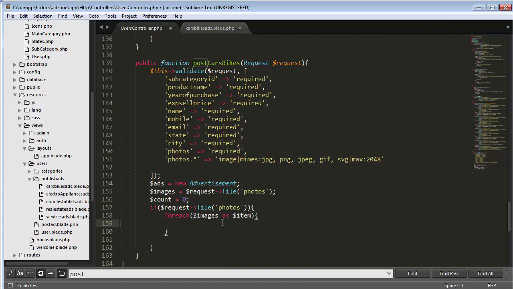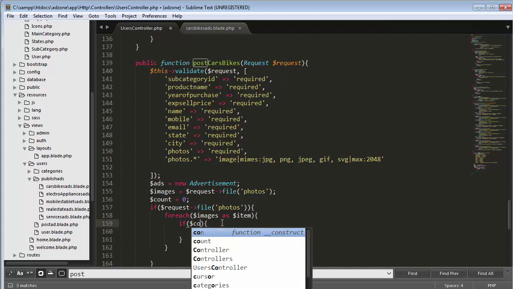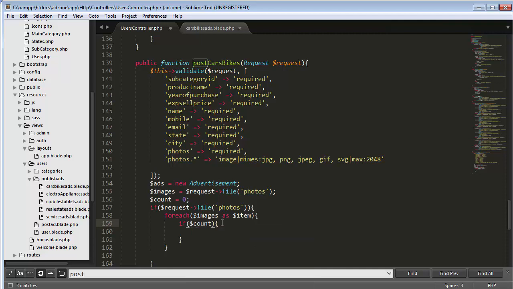Here I'm allowing users to select only 4 images, not more than 4 images. So that's why I need to put a condition here. If count is less than 4, then next,